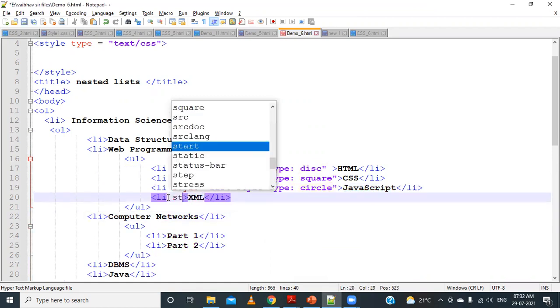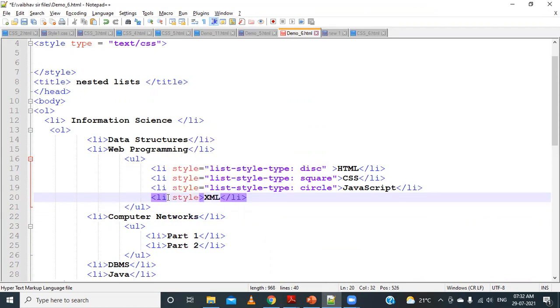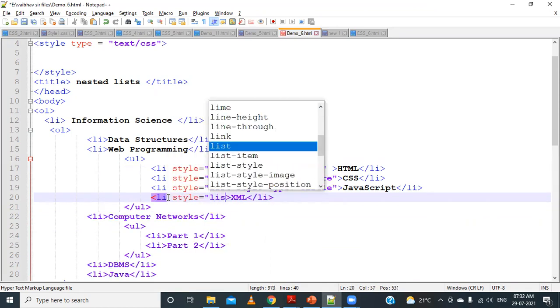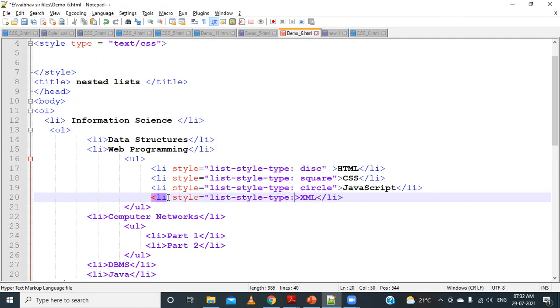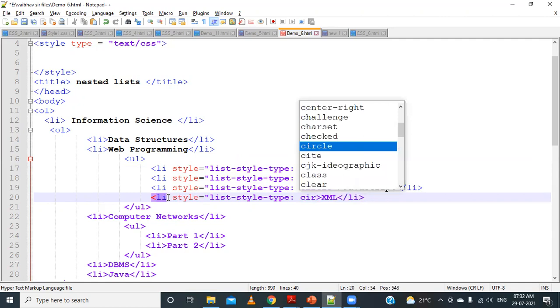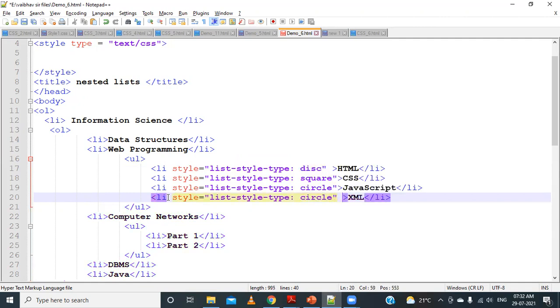And for the last one also, I can set it as style equal to list-style-type. I will set it as circle again. Okay, now we can observe the changes.